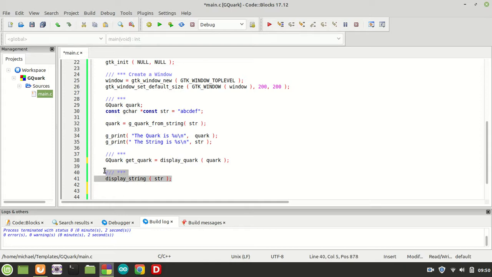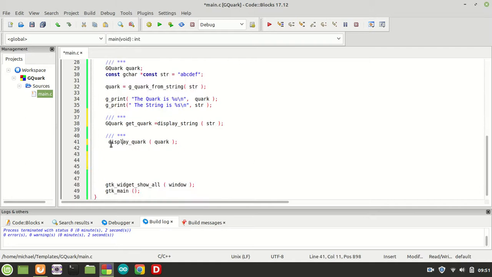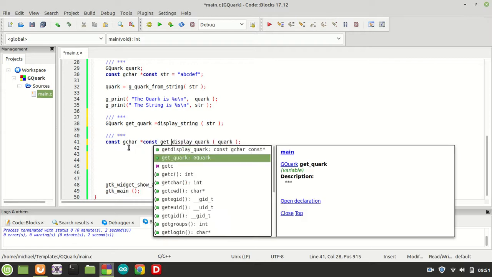Sorry guys, because I need to move these things up here. GQuark, we need to point it to the display string, because display string returns the GQuark. And the next thing, I'm going to declare a get string as well, so const gchar const get string,